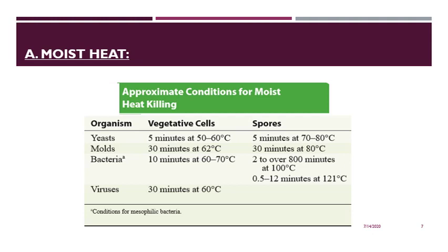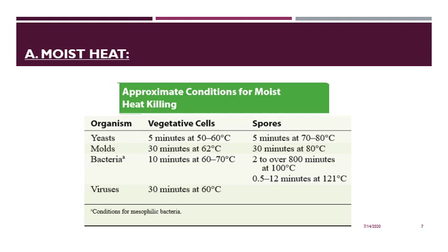Therefore, boiling can be used for disinfection of drinking water and objects not harmed by water, but boiling does not sterilize. As you all see in this table, which shows the